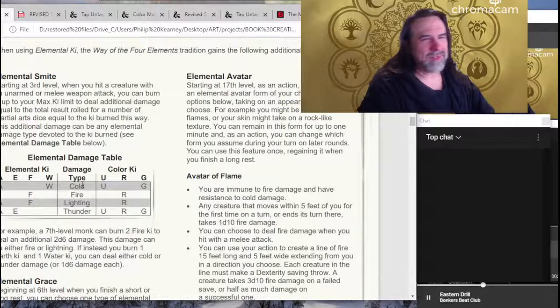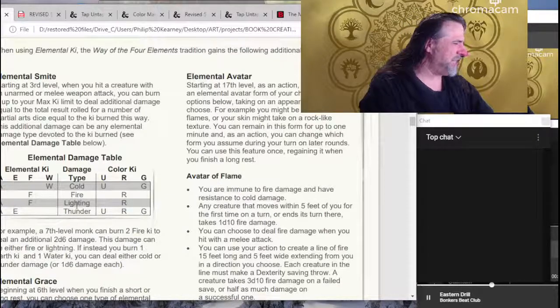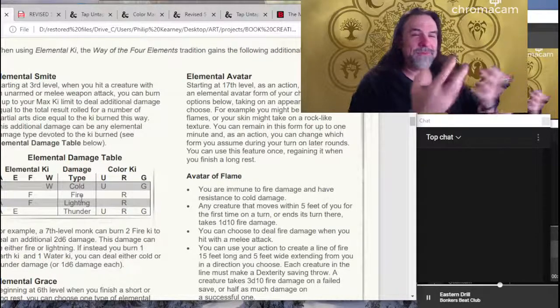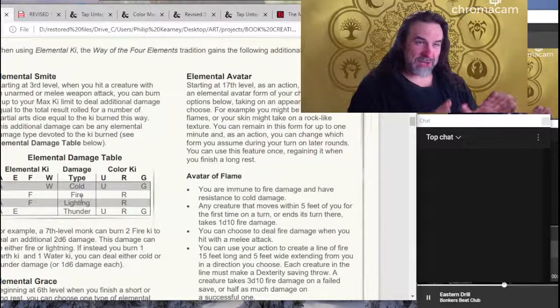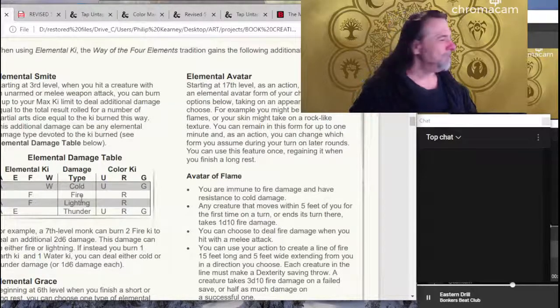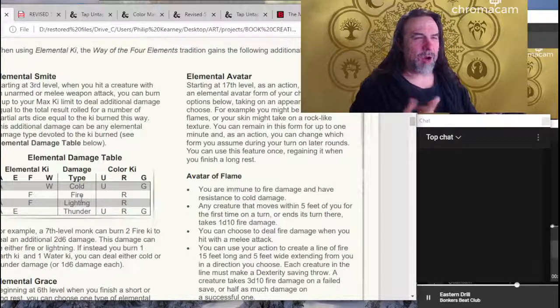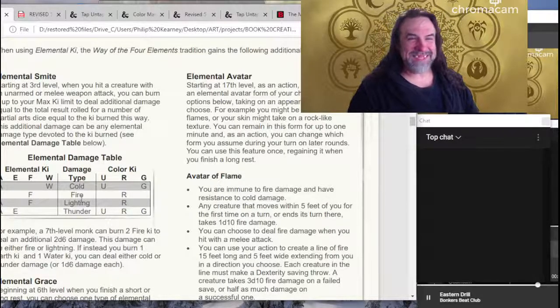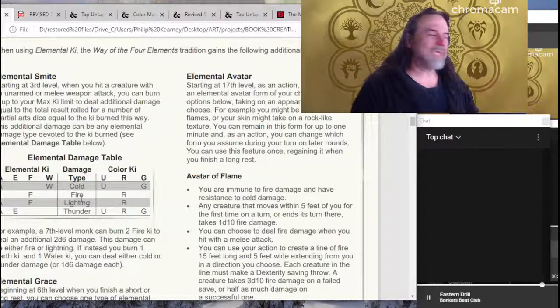Like if you're thinking of Avatar the Last Airbender, and you know Iroh, who's freaking awesome. He channels lightning, and he's a firebender. He's channeling lightning because he's pulling the fire from lightning. It's like an extreme form of it. Here we're representing lightning as either air or fire. We're representing cold as either air or water, because you can have freezing rain, freezing winds, a freezing ocean, but you can't have freezing fire. You can't have freezing lightning. You can't have freezing thunder. So there's some logic that goes into the types of damage.